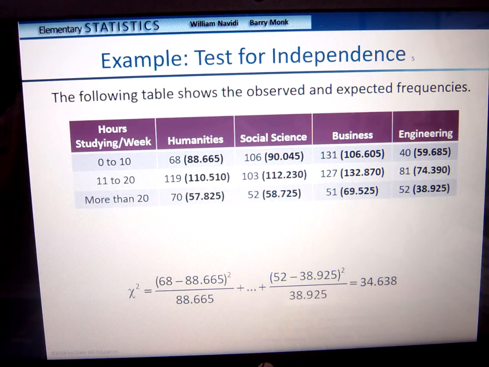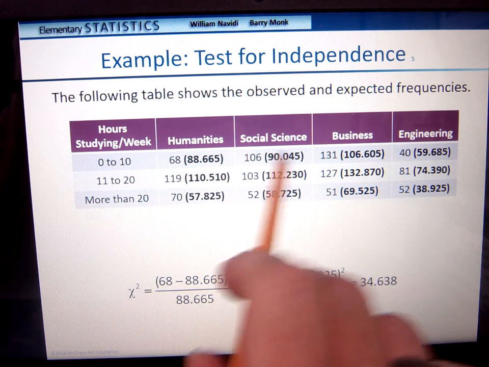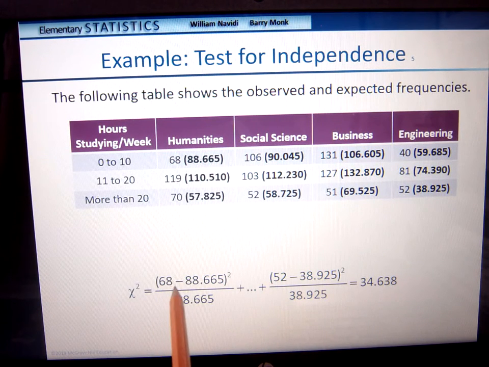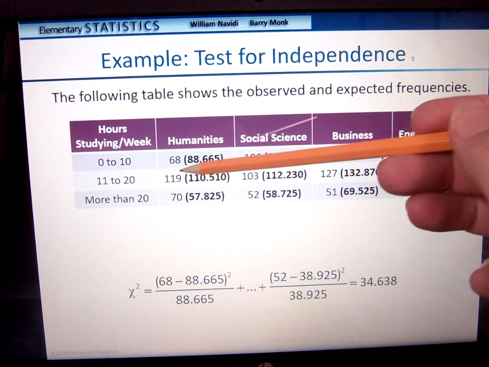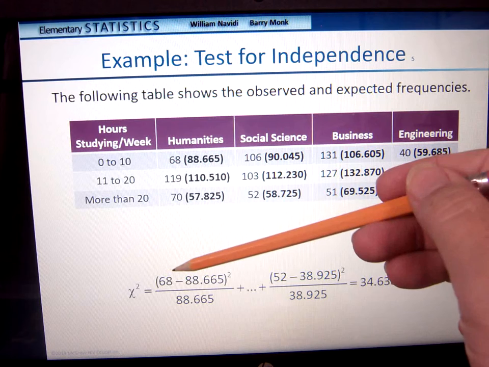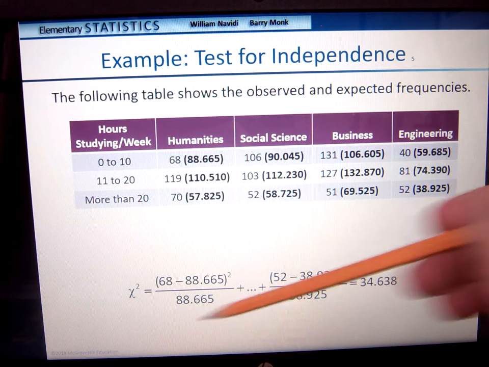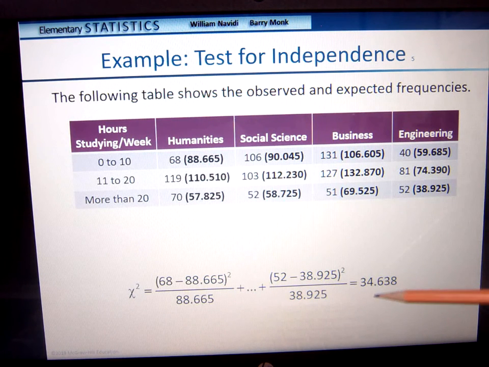So now we're going to take the observed numbers and the expected frequencies. We're going to take the difference of each one, then square it, divided by our expected. So this is our chi-square statistic. Here we have, again, our observed and our expected. We take observed minus expected, square that, and then divide it by our expected. After we do that to each one, we're going to add them all together, and when we add them all together, we will get